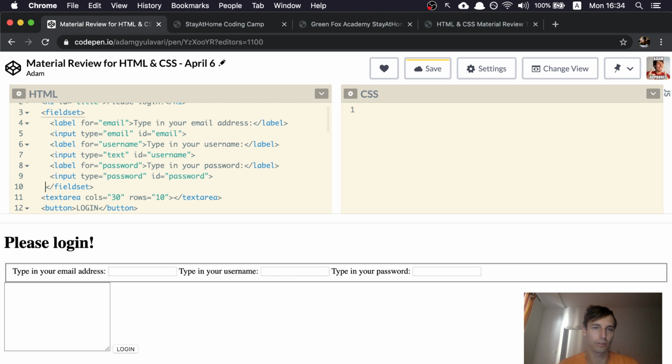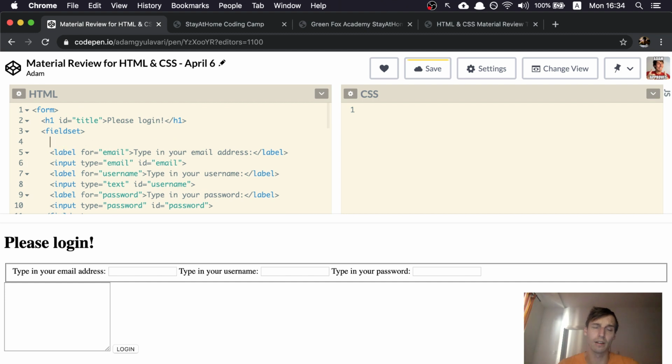A little bit of organizing, and what it does is it puts a little border around these things. It doesn't change anything, and you can use the legend in the fieldset. The legend is going to be basically the title of this fieldset. So I will put it into the top, legend,